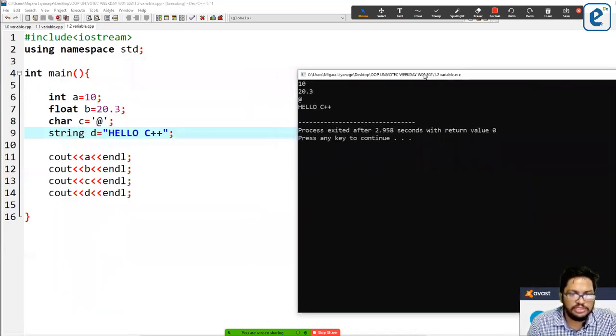Right? So can you see now? We have just printed the variables.